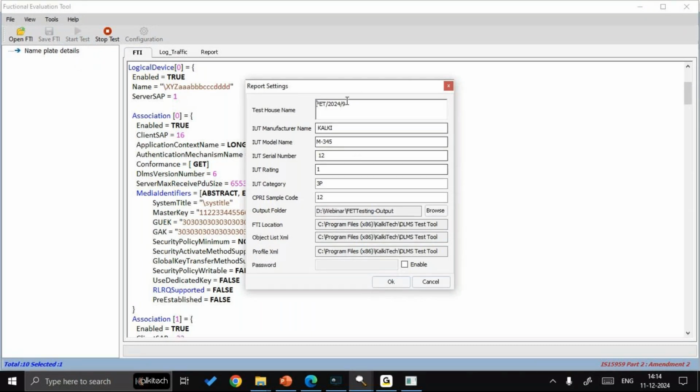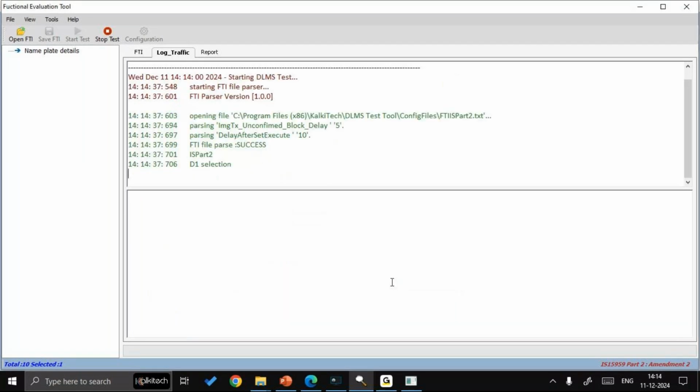This is the report settings preview. Here we can input details such as test house name, serial number and model name as already discussed, followed by the output folder path. There is also an additional option called the password enable. Now this option helps us to enhance the security for the test reports that are generated. If we enable it, only the people who are aware of the password can then access the test report that is generated. Going ahead with the testing by clicking on the OK option,